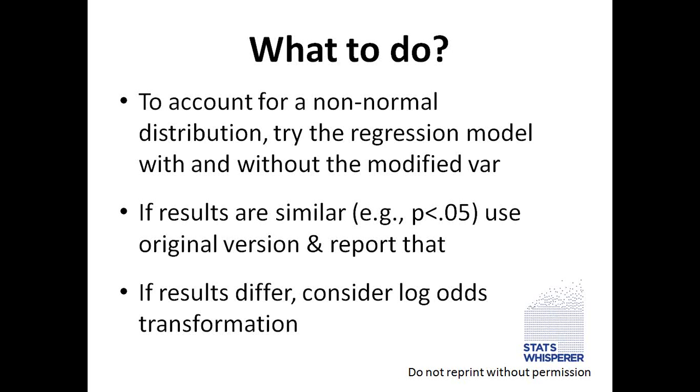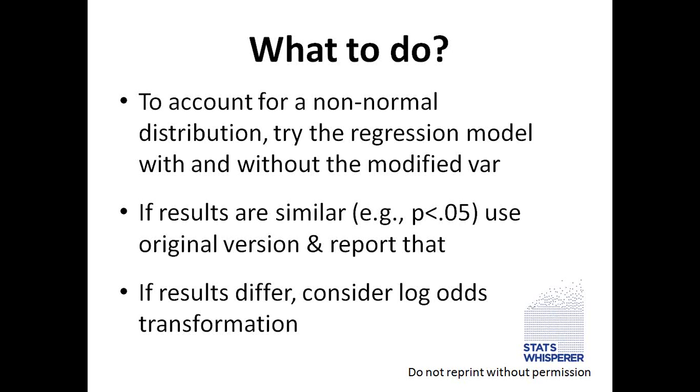So here's what I usually do. To account for a non-normal distribution, I would do the regression model with and without the modified variable. So I would do the regression model with age with the outliers and with age without the outliers, so with and without the outliers, right? So to the second bullet, if the results are similar, right, as in significance levels,